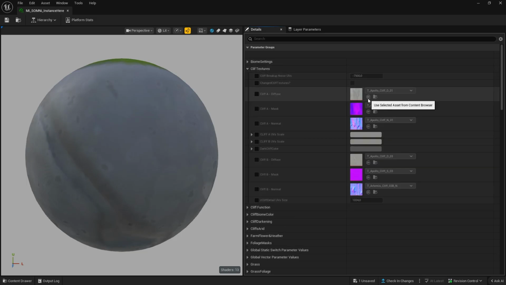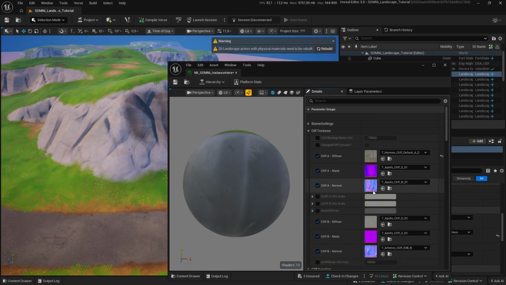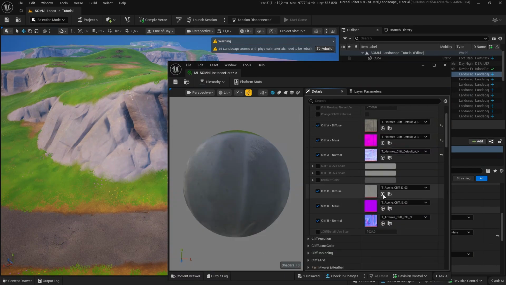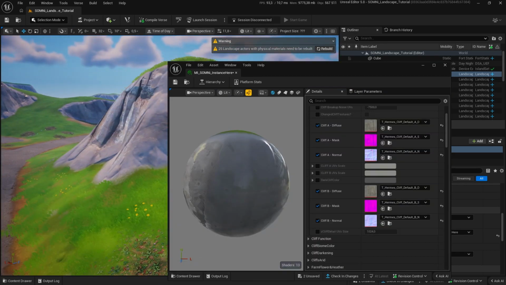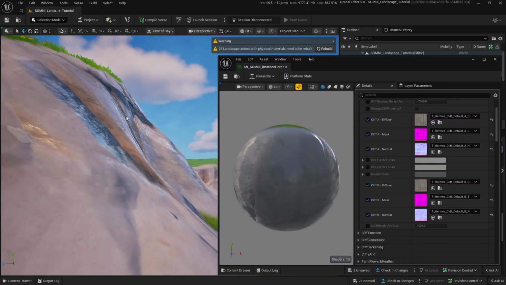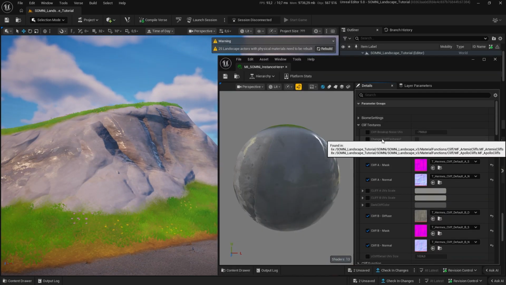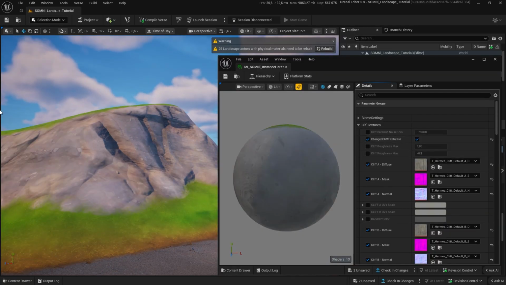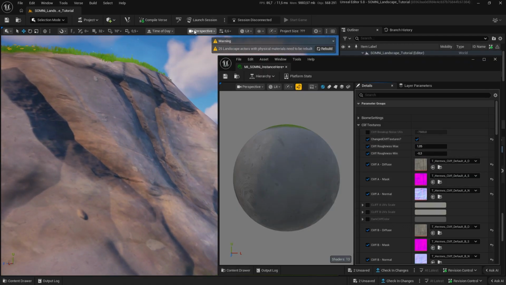So cliff textures is quite intuitive, isn't it? All I have to do is just go Hermes, cliff. You're probably noticing that my material on the cliffs is really shiny. Now, that's because we need to turn on this switch over here. Once I put this on, you can now see that it's fixed,